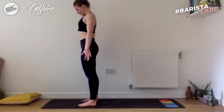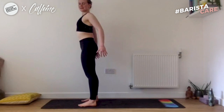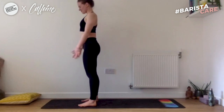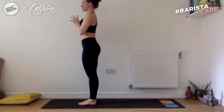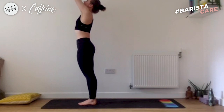Once you reach the top, just give the shoulders a nice roll backwards. And then roll forwards. Beautiful. Bring your feet together. Bring the hands to the heart space, thumbs in towards the chest. We inhale, we're going to bring the arms up through the center, reach nice and tall, gaze up towards the